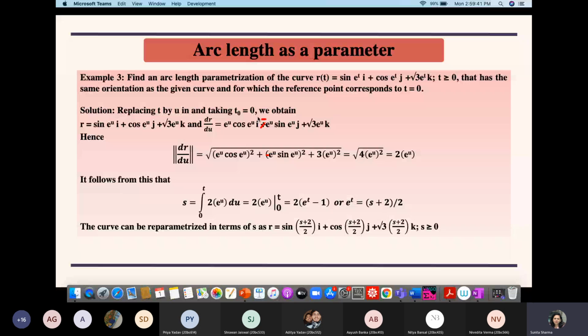Later, if there is time left, and if somebody is interested in learning that part, then I can take that up. You may consider it not a part of your syllabus, though officially the whole section is there, and nothing is deleted from it. But if you look at the lines given in the syllabus, they don't mention change of parameter anywhere. That topic is not there, so I'm not going to take it up.